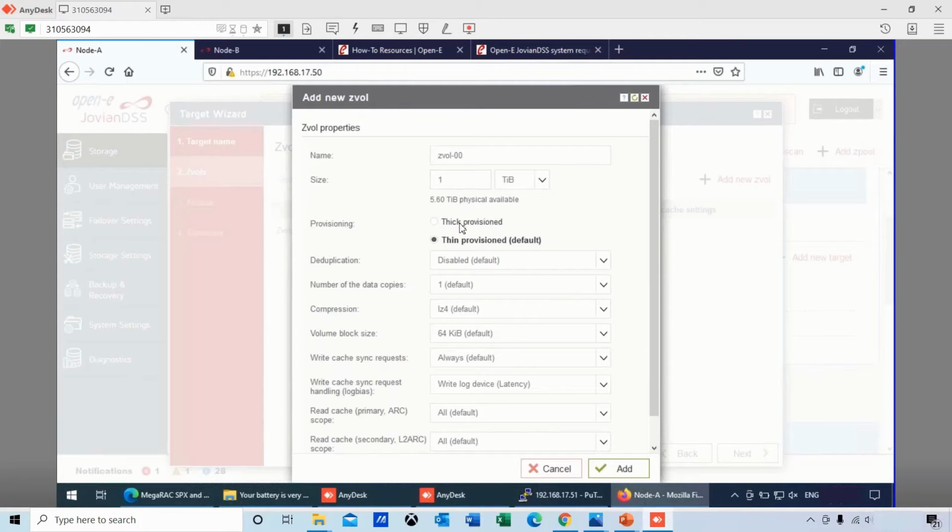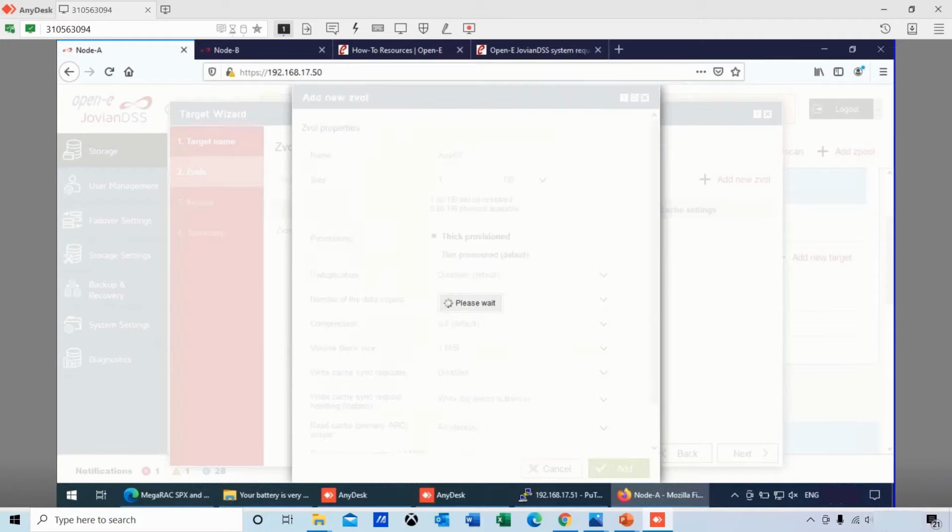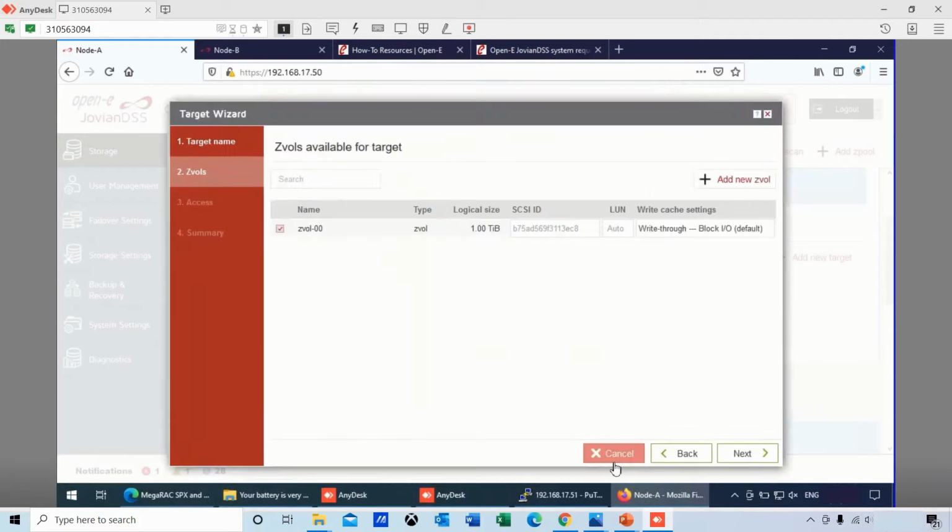I'm going to do thick provisioning because in case of space reclamation, I'm in the ESX environment. Since I'm in ESX, I'm going to do 1 meg block size. In this case, I'm not going to be using the write log, so I'm actually going to go disabled. And that's it. I'm ready to connect to that target and start writing data to it.